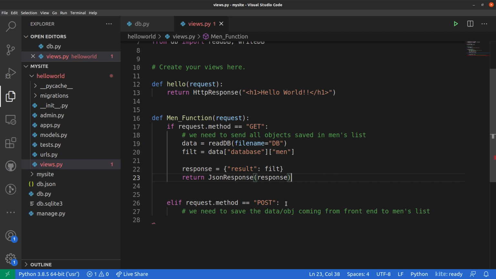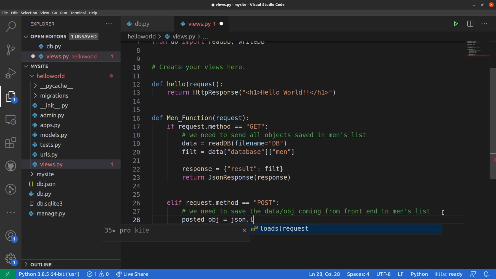Similarly, now let's try to create the post one. First thing is, how will we extract the object which is in the post request? So we'll see first. Let's just load our object which is saved in that post request. So we can call it a variable called posted object is equal to,